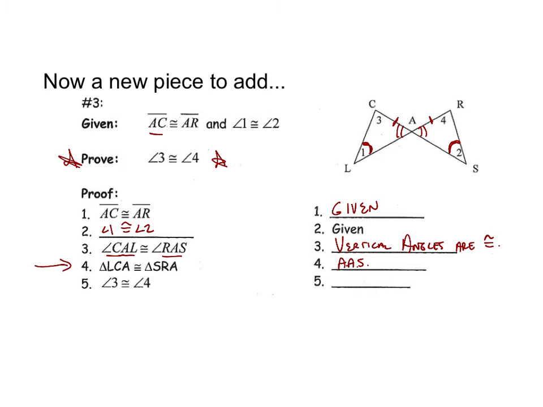So now my final piece here, my angle 3 congruent to angle 4. Notice, I didn't use angle 3 and angle 4 to help me prove the triangles congruent. They were not involved in steps 1 through 4. I used angle 1 and 2, I used the vertical angles, and I used the sides they gave me. So now that I've proven my triangles congruent, I can go back and say, yes, angle 3 is congruent to angle 4 by something called